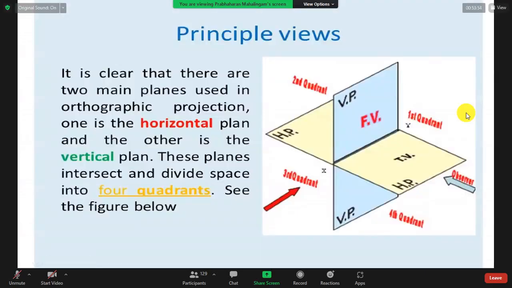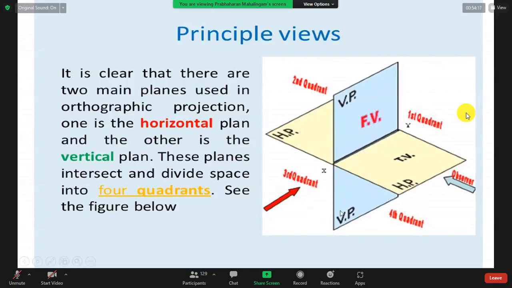So here you will see this is the principal view. You know, these are called four quadrants. Four quadrants means quarters, one quarter. You divide one circle into four.